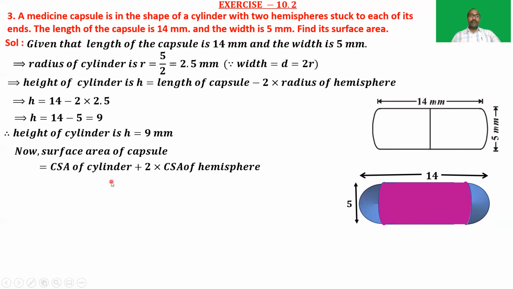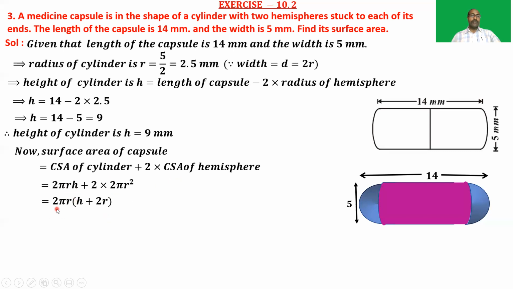So that is, the curved surface area of the cylinder is 2 pi r h and the curved surface area of a hemisphere is 2 pi r square. So write the formula 2 pi r h plus 2 into 2 pi r square. In this we can take 2 pi r common. So we can write 2 pi r into h plus 2r. Now substitute the values of r and h in this